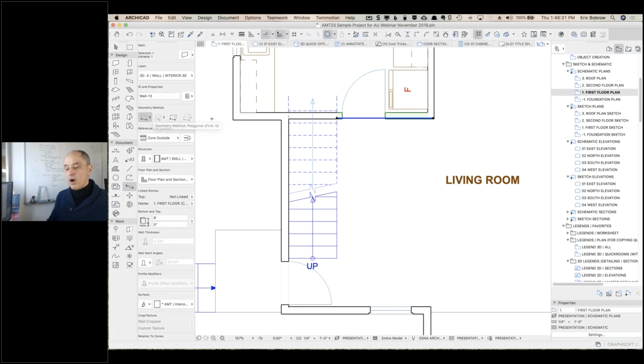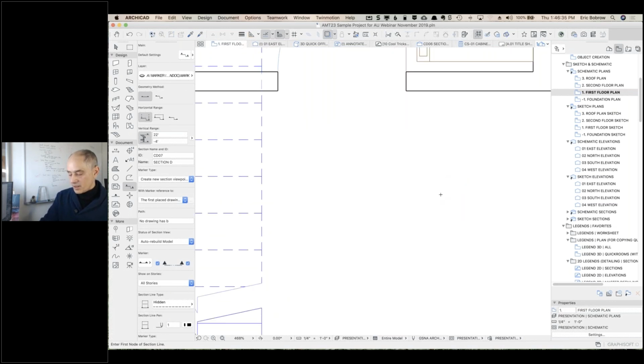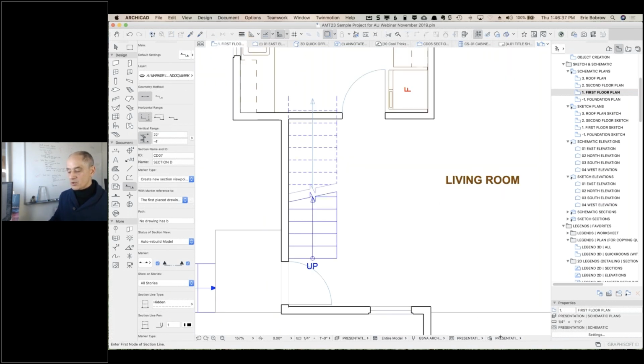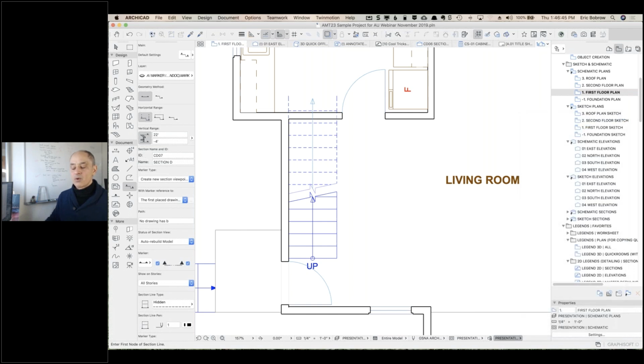Now, if you want to say, what would this look like if I had no overrides? Well, you can simply go to your graphic overrides and switch to no overrides. You'll have some list of things here. You say no overrides. Now we're going to see it more natural. Then also with the model view options,